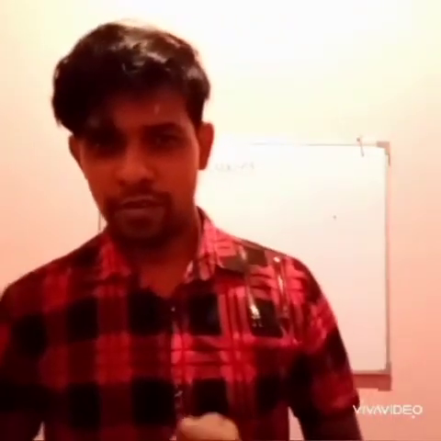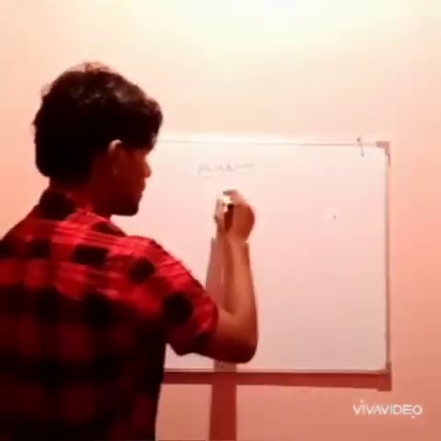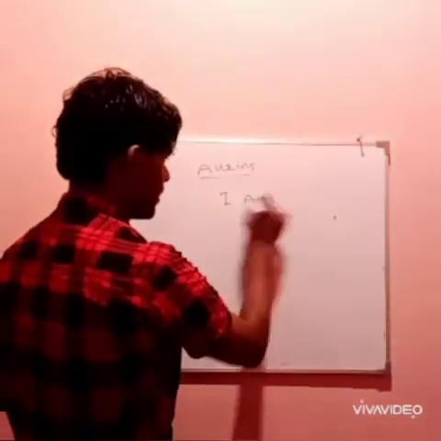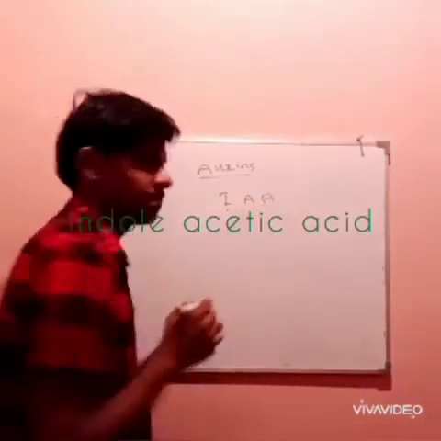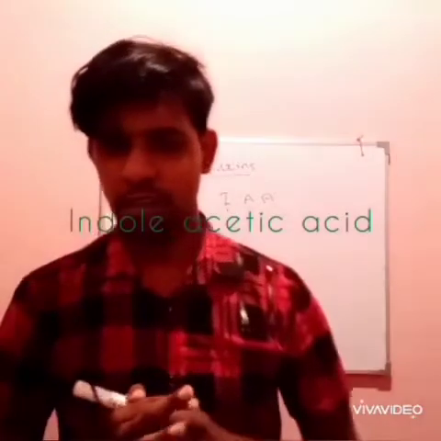Normally auxins are generated at the tips of the plant, between the apex and root tips. These are the places where auxins are naturally generated. A good example of a naturally generated auxin is IAA. IAA, indole acetic acid, is a natural substance which controls the growth of plant tips and root tips.